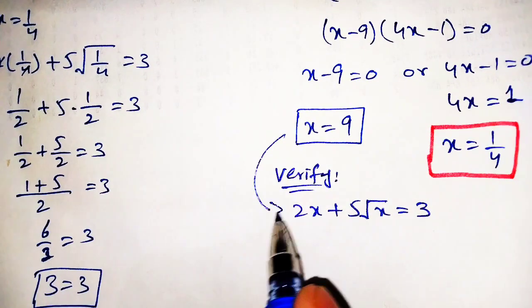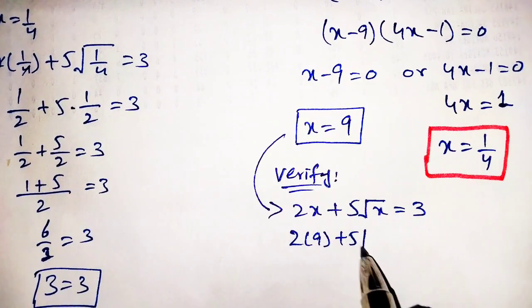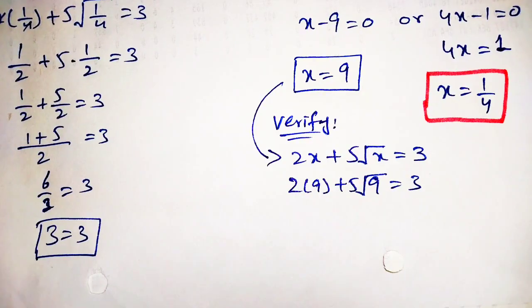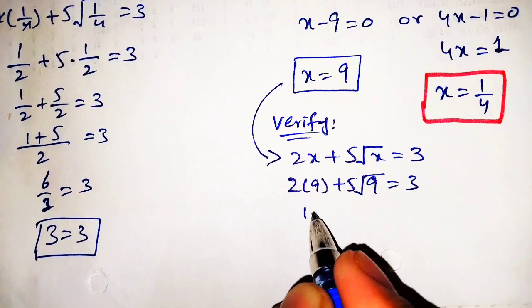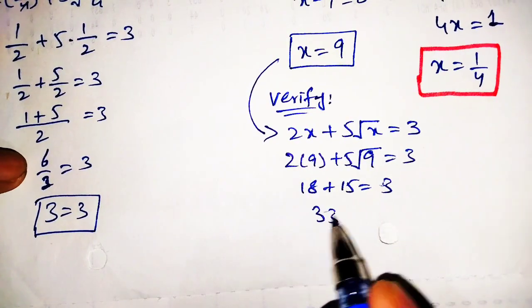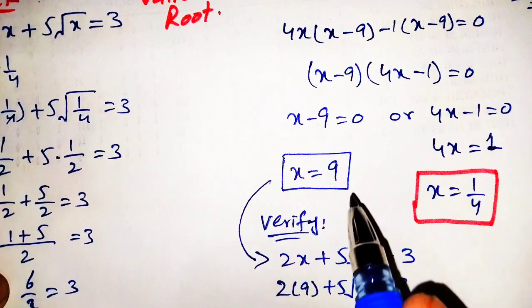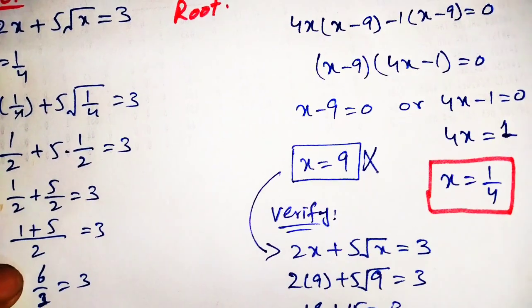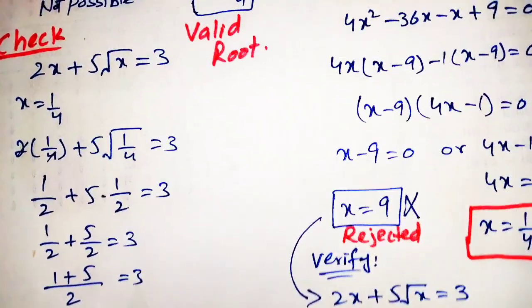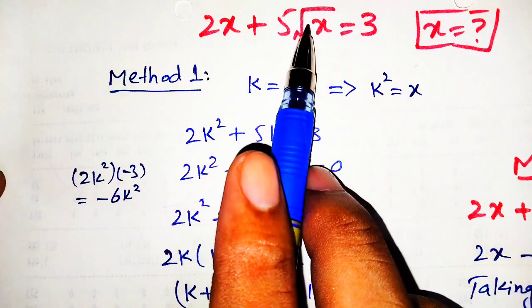If we put this value here, x is equal to 9, we will get 2 times 9 plus 5 square root of 9 is equal to 3, and on multiplying this we will get 18 plus 15 is equal to 3, that is 33 is equal to 3, which is not possible. Hence this root is also rejected and it is not a valid root. That's why we say that whenever a radical is involved in the statement, that is, square root, so